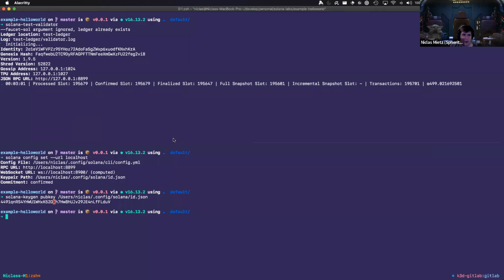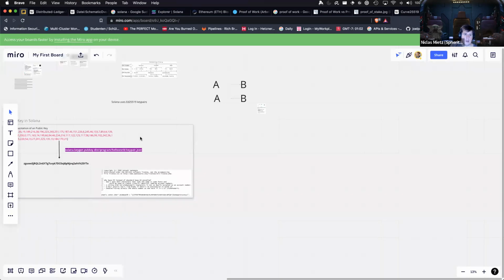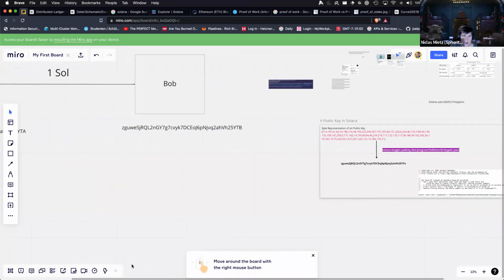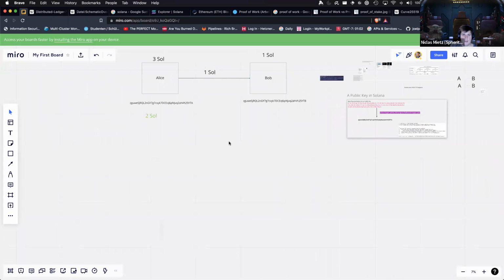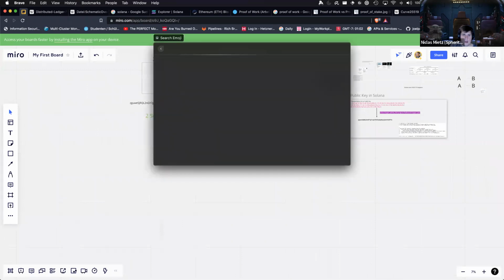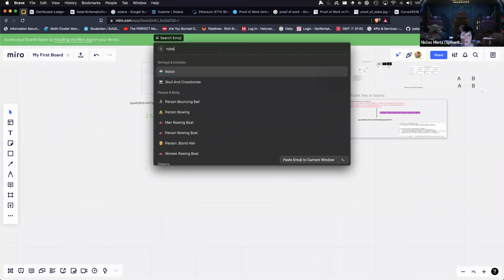But now we want to do a little bit of hello world. As you probably know, we're talking about NFTs and coins and all the stuff. And as I have an example, before that, I hate every time when I use Solana. So we have here Alice and Bob. That's fine. But a smart contract or